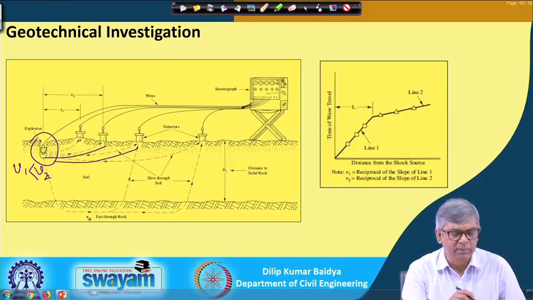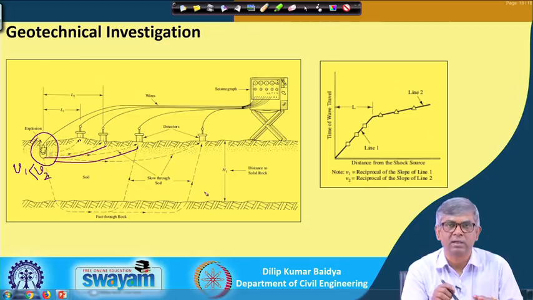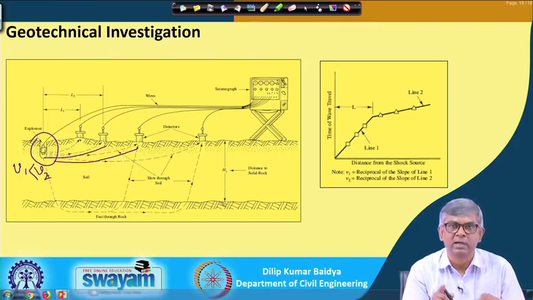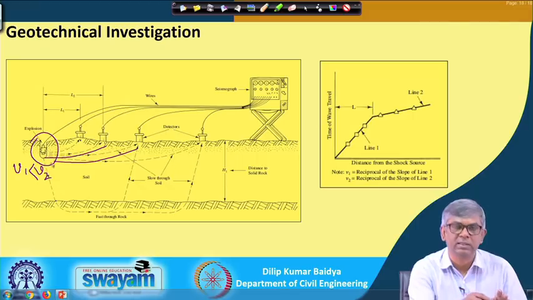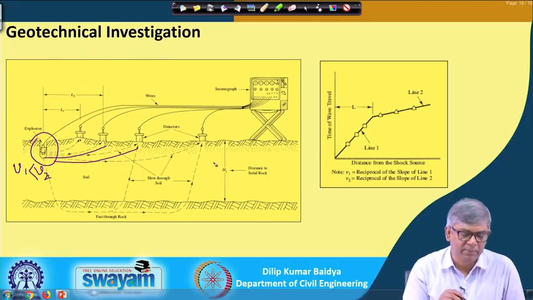So, there will be an explosion or source point and a number of receivers, so there are a number of points where we are recording the arrival time. From this point to this point, we record at what time the waves arrive and how much time it takes. We will not be able to identify initially whether it has come this way or that way. Only if you plot it will we be able to find out. So, this is what actually happens.